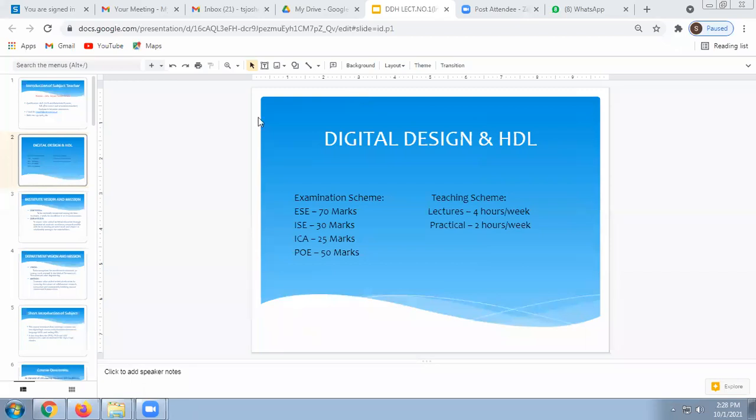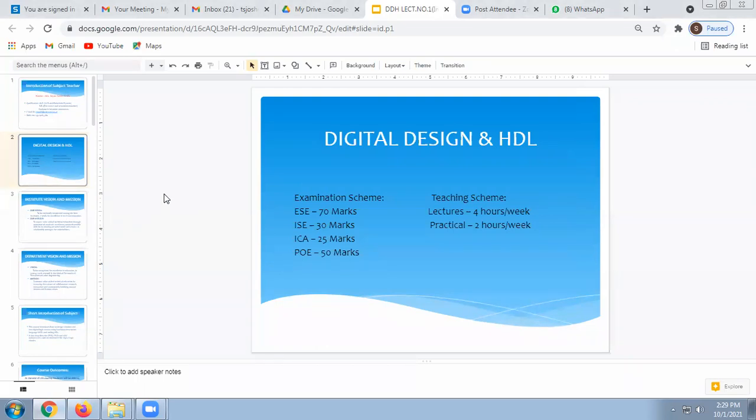Okay, is it interesting? You heard about the syllabus. Is it interesting? VHDL? Yes, ma'am. This is a very good language, and you can score. This is a scoring subject. If you listen to everything and do all the codes sincerely, literally this is a scoring subject.